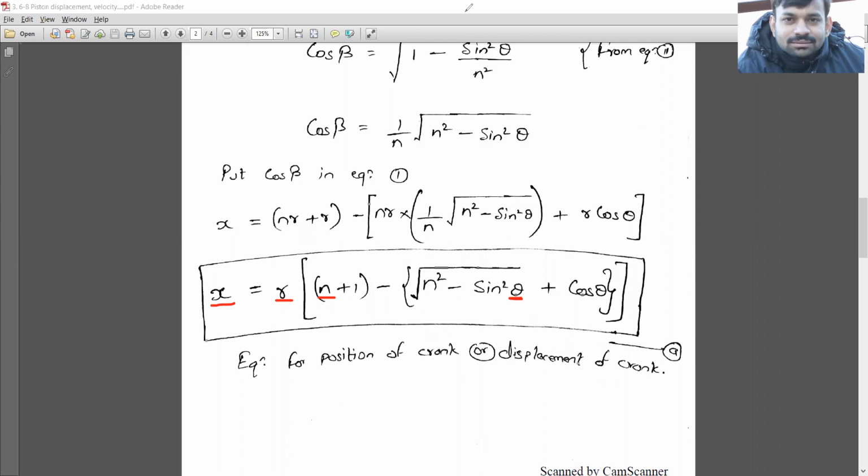So we have only two unknowns, that is R and theta. R would be given to you in the question itself, and theta would be given to you with the help of the T theta diagram. That we'll discuss in the further classes. So if we are able to determine the value of theta, then at that instant we can determine the position of the piston. All right. Okay, so I hope this is clear to you.